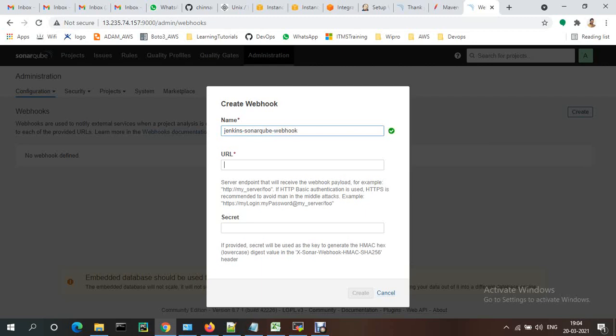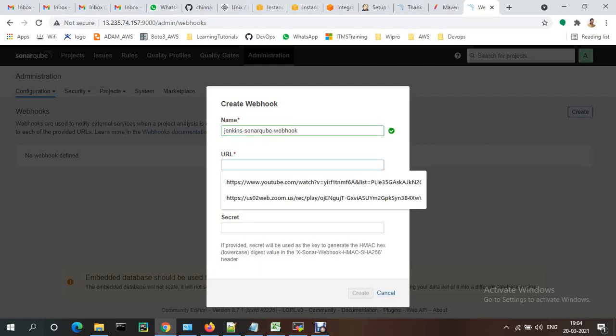So here we are giving the Jenkins host name and all. I will show you once Jenkins is up and running. Okay, this will be used when our build succeeds or not, we need to see the status, right?